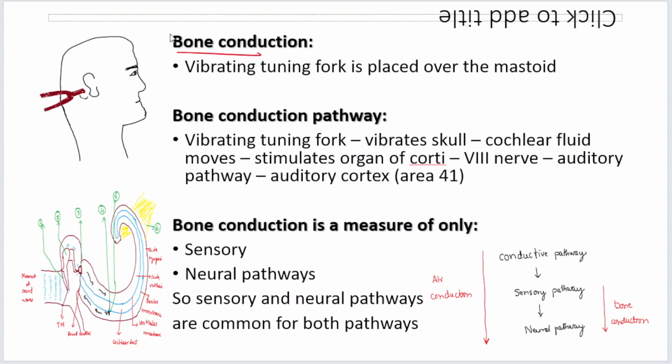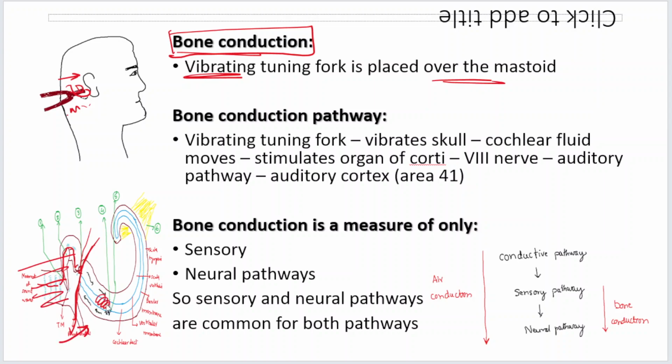Now bone conduction. What do we do? We take the vibrating tuning fork and place it directly over the patient's mastoid. What is the pathway that the sound vibration from the tuning fork passes through? It doesn't go through the pinna, external auditory canal, tympanic membrane, ossicles, and footplate of the stapes. No, it doesn't go through all this. It directly stimulates the organ of Corti. It directly stimulates the cochlear fluids and the cochlea,